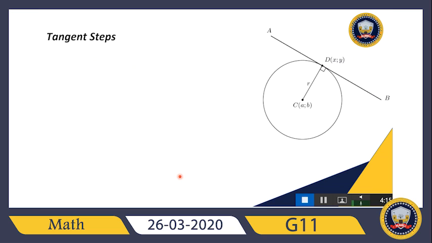Okay guys, after speaking about circles and the standard form of circles, and we said that for each circle we can have the center and the radius of this circle, now we will talk about a new definition related to the circle, which is the tangent of a circle. By definition, we can define the tangent to a circle at one point as the line which is perpendicular to the radius of this circle,